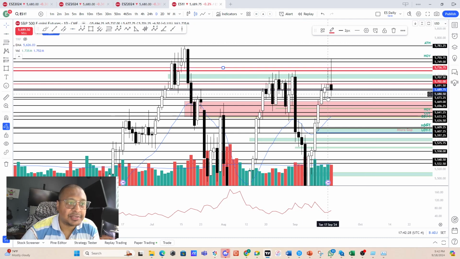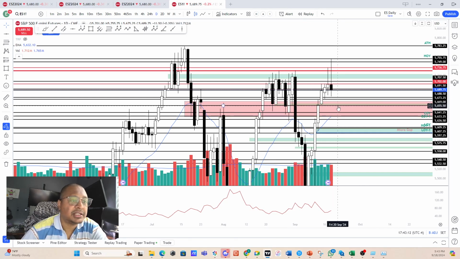Now, if this area is breaking down in the morning and we are below this 5670 area, we can actually come down to this 5659 to the 5657 area. I will have a mark there at this point. This can be a support. Below this 5656 area, the price can come down to this 5640, 5633, and finally to this 5625 area,